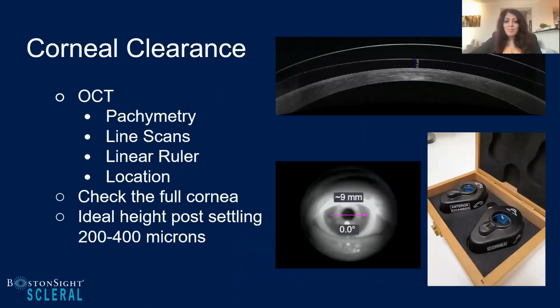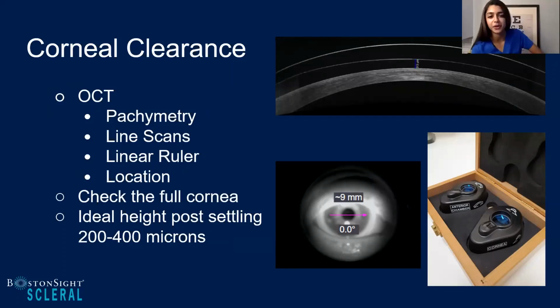And then once I got my OCT, that was really the game changer for me, because now it wasn't so much guessing and using these estimates. I had a very, very specific tool for me to be able to make these exact measurements. With the OCT, we can have these beautiful diagrams of what the cornea looks like, what that scleral space is, what the scleral size is, and we can use these rulers to actually take these measurements, which is fantastic.